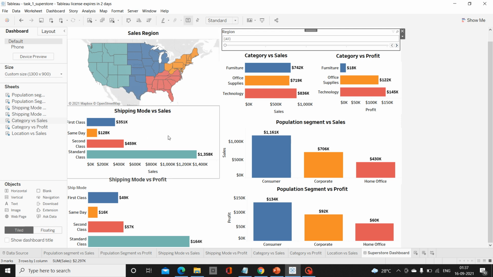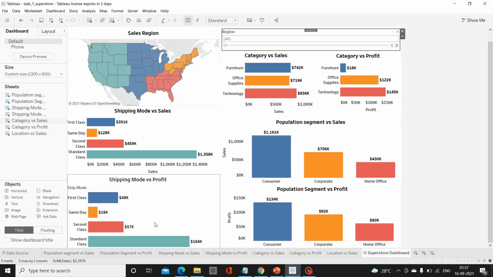Now moving on to the next factor, which is shipping mode. Here we can see that the highest contribution by any shipping mode in sales and profit is standard class shipping mode. But what we have to observe here is the contribution done by same day delivery in case of sales as well as in profit. And what we can see here is very shocking, because same day delivery has the least amount of contribution in sales as well as in profit, which leads us to the question why same day delivery has the least amount of contribution in